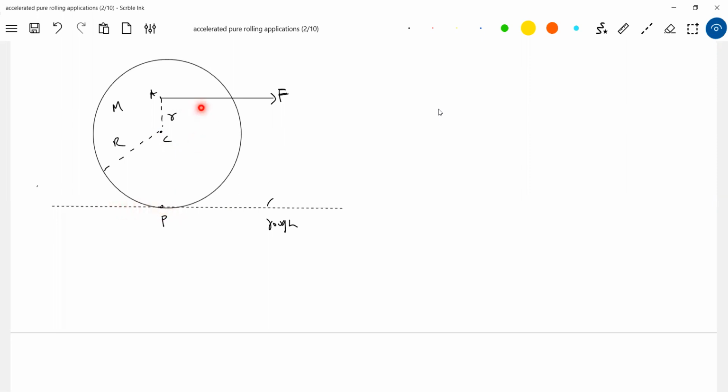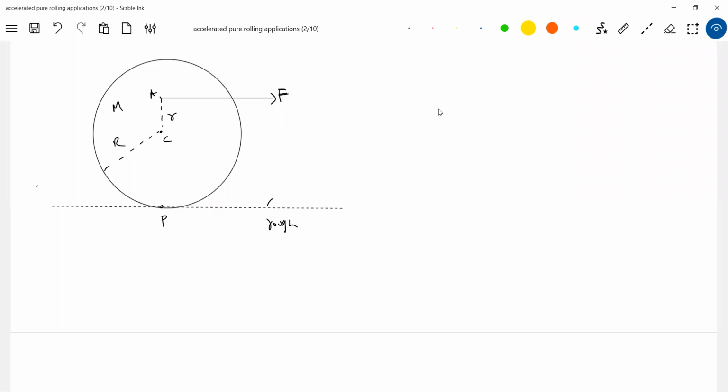At the same time, you see that capital F into small r will set up a torque about the center of mass, clockwise. And because of this, the point P will have tangential acceleration, then the friction will act forward. So I think this is some sort of trouble, no? If you look at the translative motion, friction should act backward. If you look at the rotative motion about center of mass, friction should act forward. So it's like a paradox, no? How to predict here?